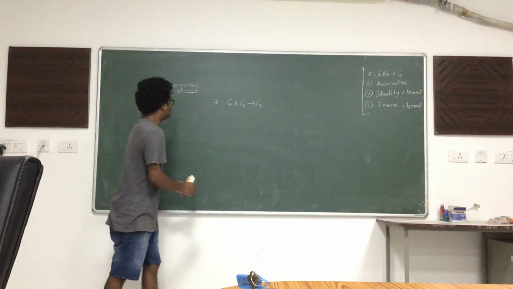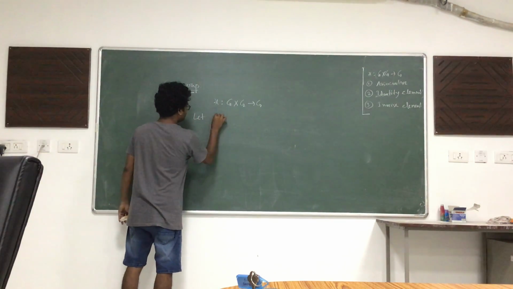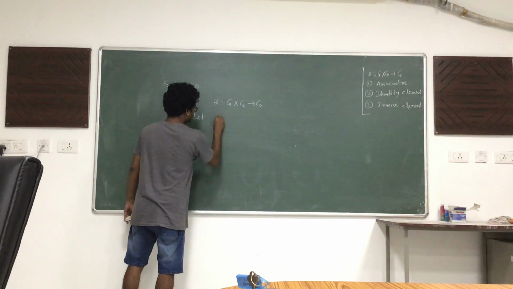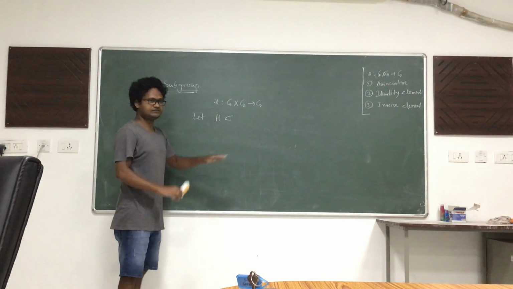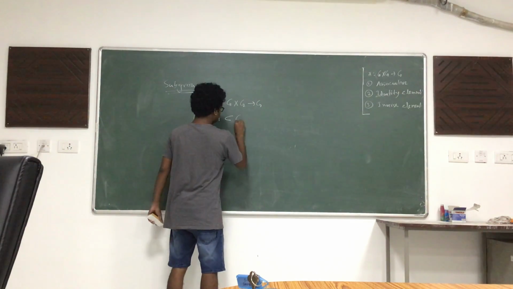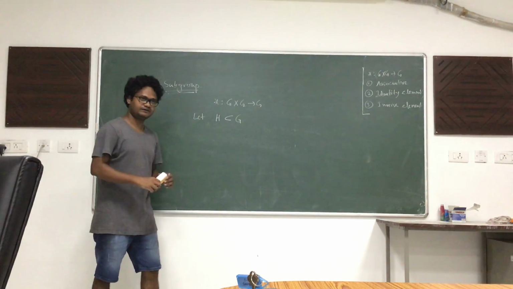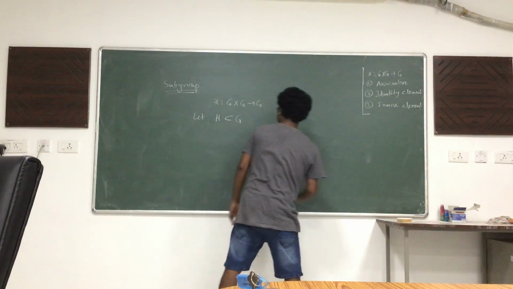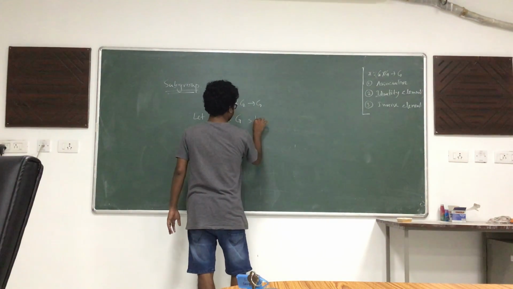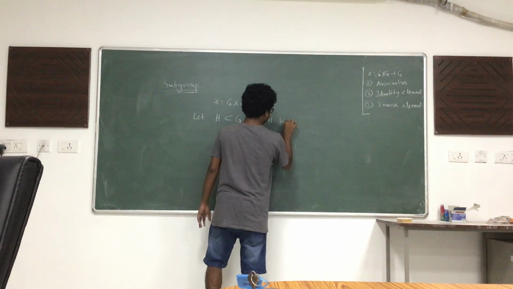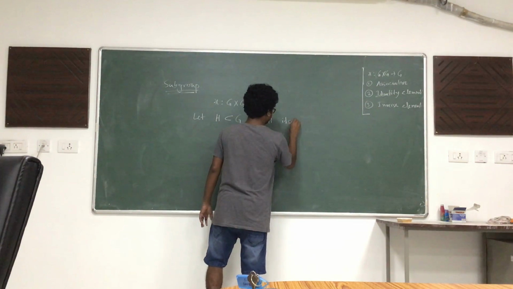Now let H, which is a subset, so this is the notation of subset of G, be such that H itself